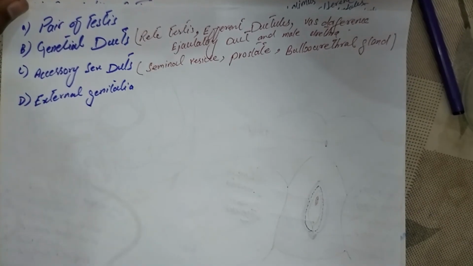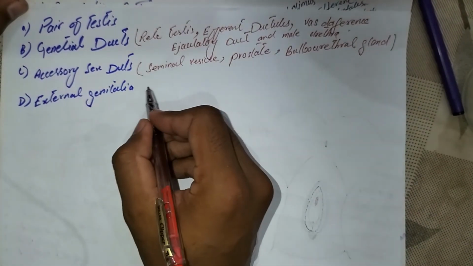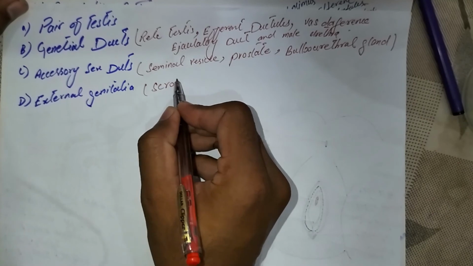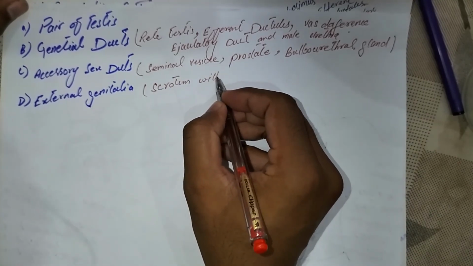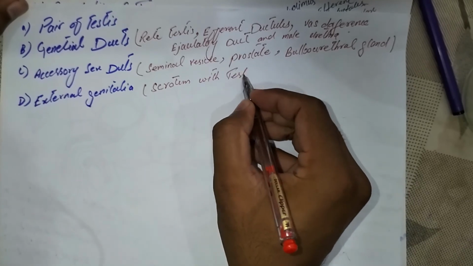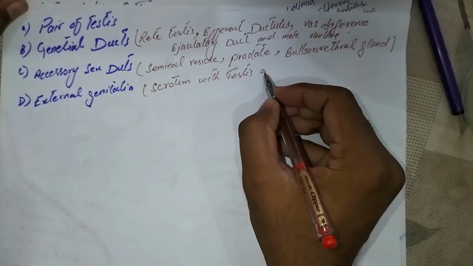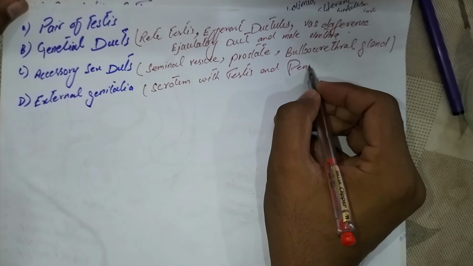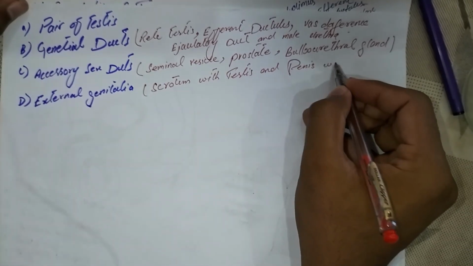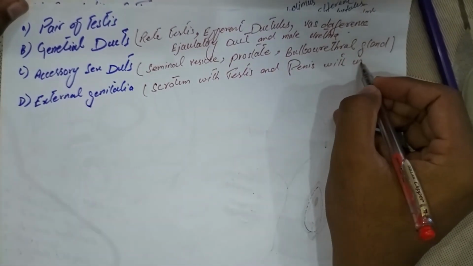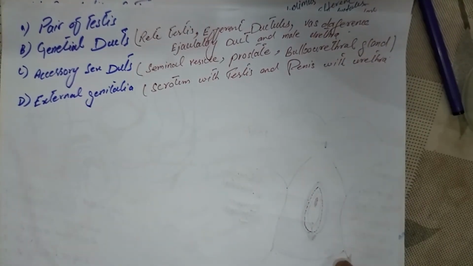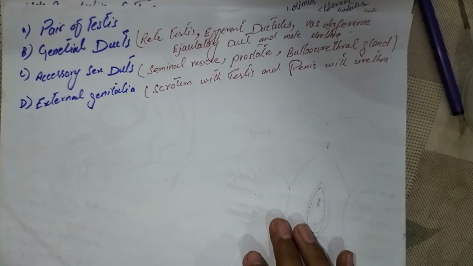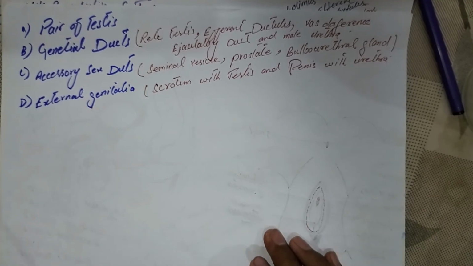The external genitalia contain the scrotum with testes and the penis with urethra. Here we divide the male reproductive system into four parts: a pair of testes that lie in the scrotum,